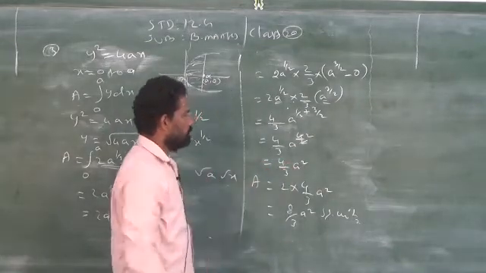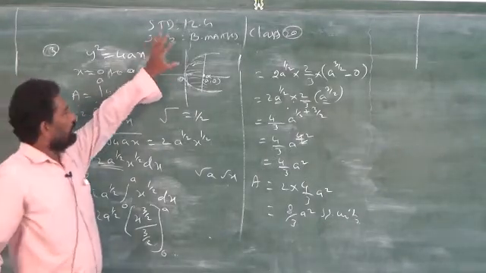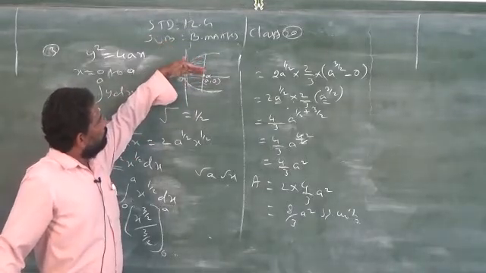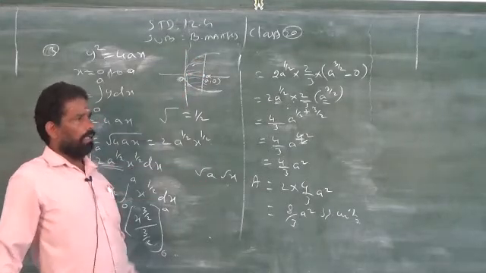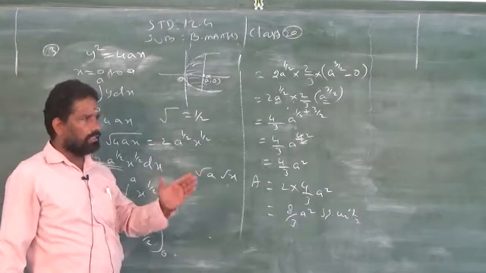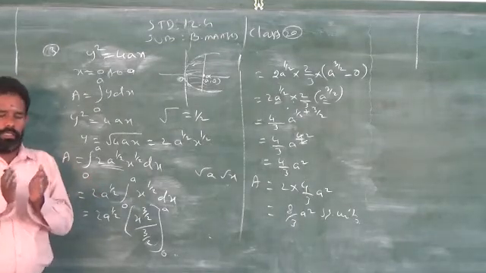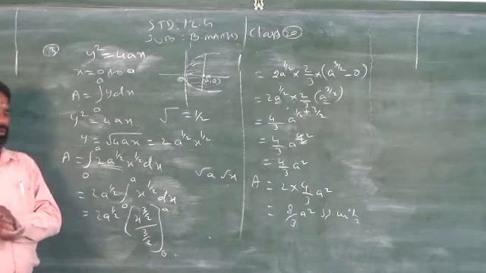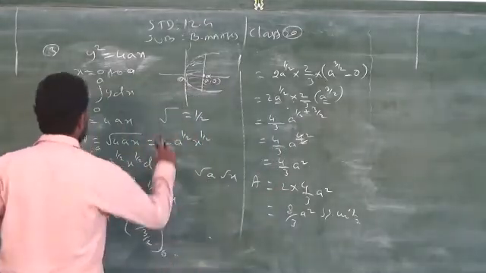Instead of doing that process, we already have one property in the parabola, that is, the parabola is symmetric. If it is symmetric, then if the area of half of the parabola is, for example, 10, then the area of the full parabola is 20, because of symmetry. Symmetric means the diagram is divided exactly into two equal parts. If you know the area of one part, then you can easily say the area of the other part will also be the same. So based on this concept, I am multiplying the final answer by 2. Clear?